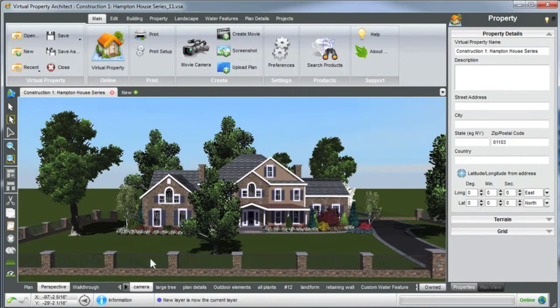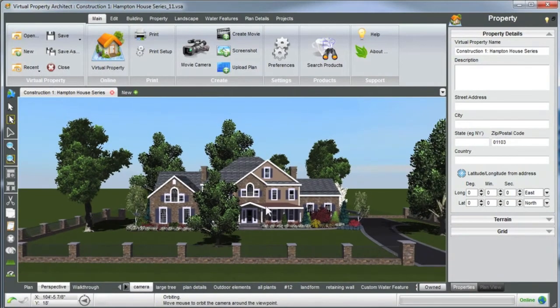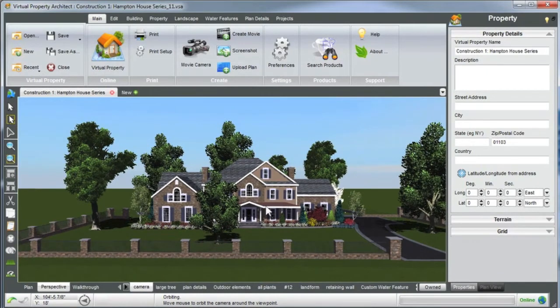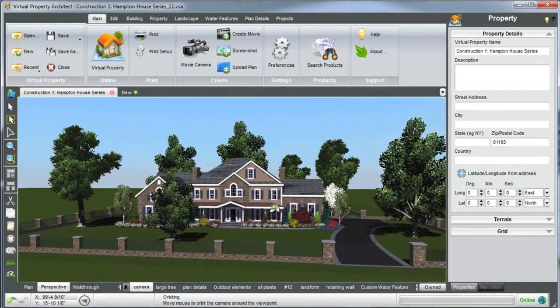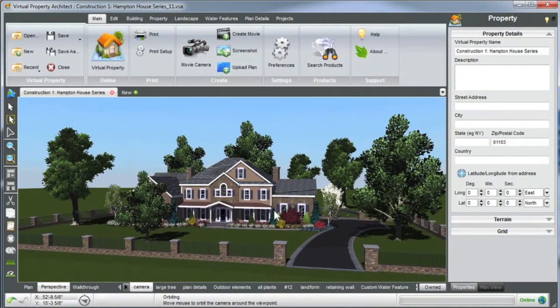Alright, now once you've selected your camera layer, we're going to begin to create our movie and walkthrough of our property that we've created along the way. So what you first want to do, a good tip, is to decide first and foremost your path of your camera, where you want to walk. You can do this by just basically envisioning if you were walking along the property, what would you want to see? So we're going to use the front of our property here,